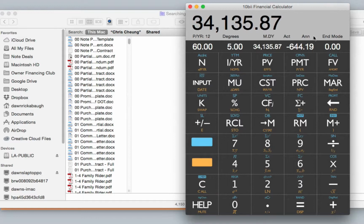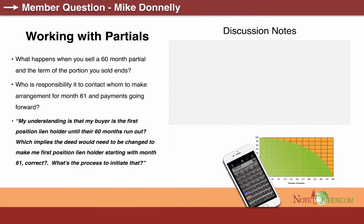Anyway, so basically what happens is, Mike takes a full assignment, and then when he gets that investor of his that's going to pay the $34,000 for the next 5 years' worth of payments, that person gets a full assignment of note and deed of trust with a partial purchase addendum. There are all these different ways of putting a partial. So you give them a full assignment, but with a signed and notarized document that they promise to reassign the note back to you. So Mike, if I were you, what I would do is